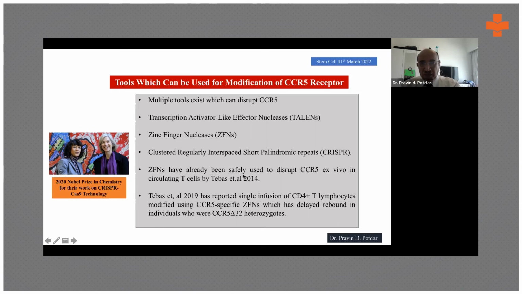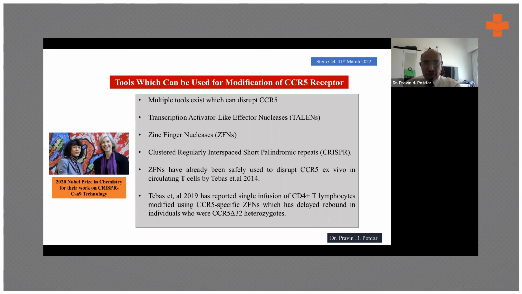ZFN has already been safely used to disrupt CCR5 ex vivo in circulating T cells by Tebas et al. 2004. Tebas et al. 2019 reported a single infusion of CD4 plus lymphocytes, modified using CCR5-specific ZFN, which delayed rebound in individuals who were CCR5 delta heterozygous. So these studies are also being carried out, and this will really be a breakthrough